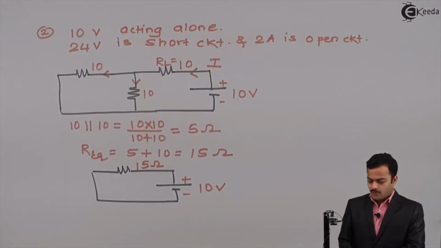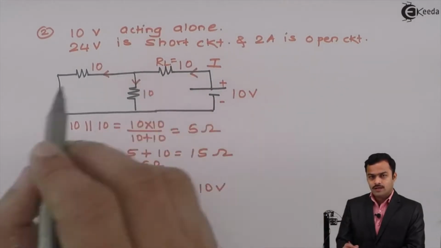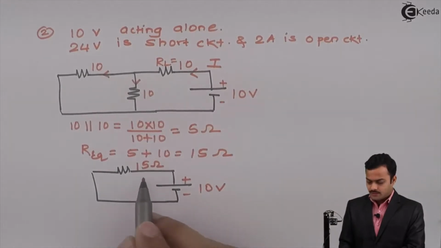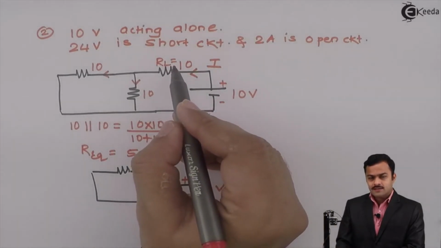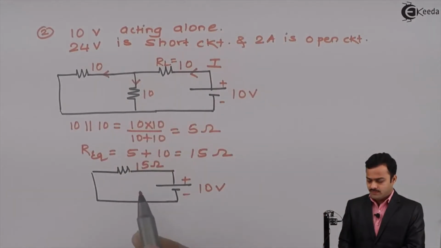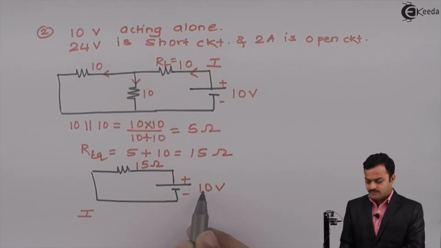But see properly over here, what I want is the current flowing through RL. The current flowing through RL is nothing but this I only. So even if I get only the answer of I, that is sufficient for me. No need to apply the current divider rule, because the target is this resistance and I am getting the current flowing through that resistor very easily. So I can directly say the current given by this battery,